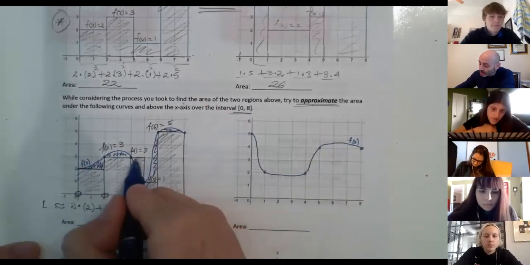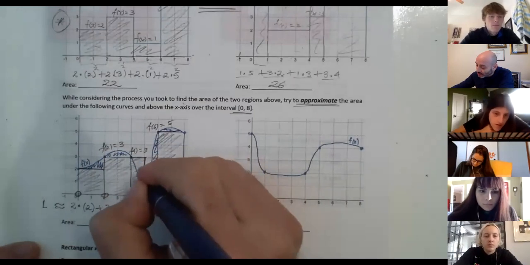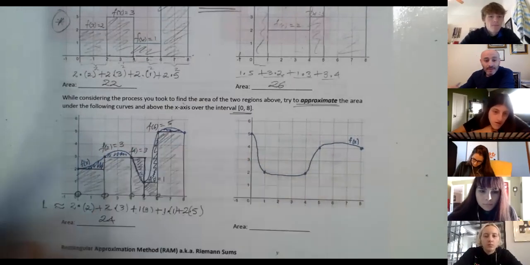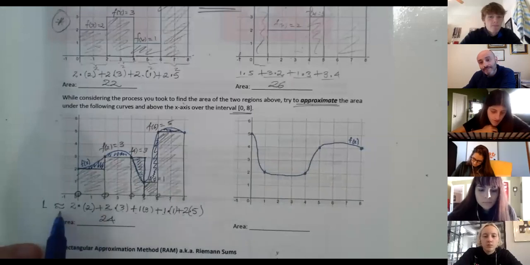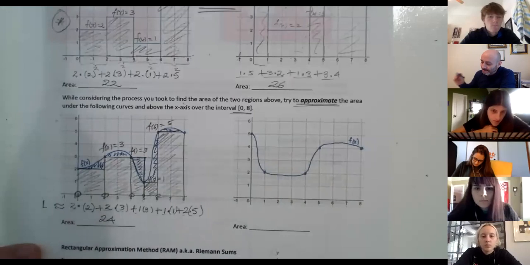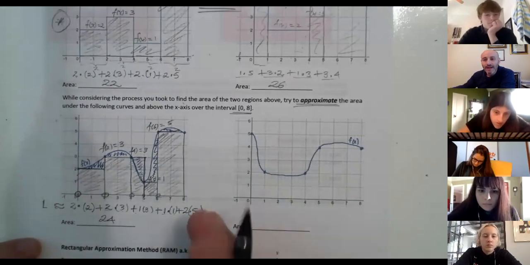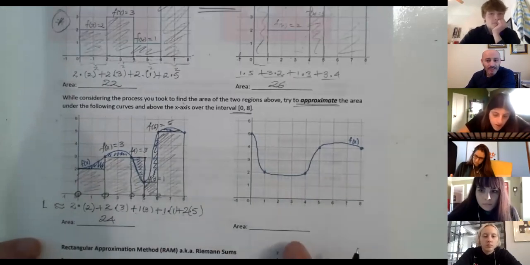However, I included this, which is not even, is something that I should consider. But that's based on how I build the rectangles, okay? And that's why it's a what? An approximated value, okay? Now, if I want to use the right endpoint, the process is the same, only that